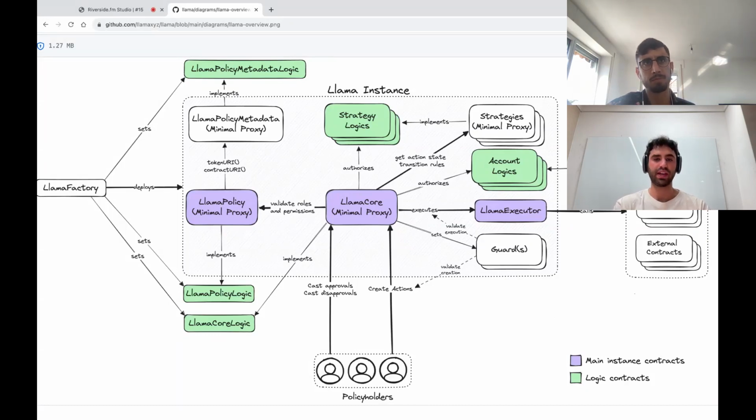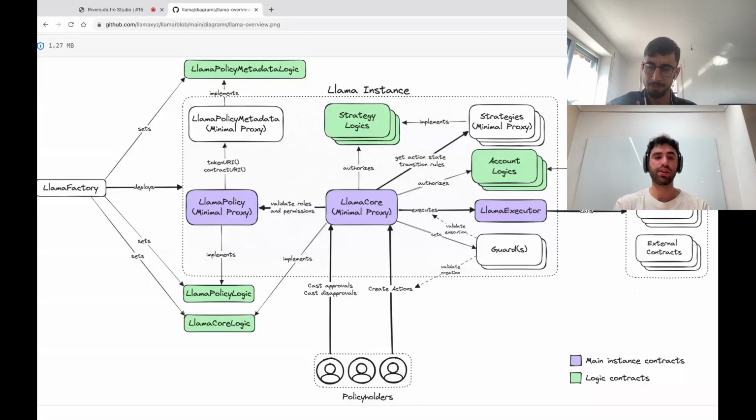And so that's what we have here, and those are the entities that are coming together in this decentralized way to make decisions.